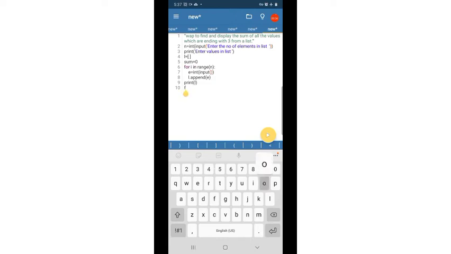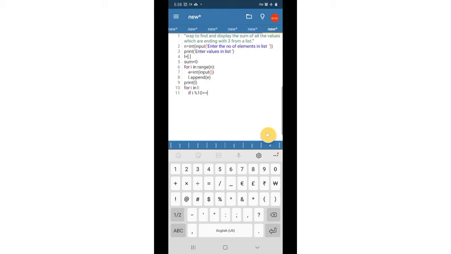Now for I in L, L is our list. For I in L, we have to check if I mod 10, because we are dividing by 10 and checking whether the remainder is 3.